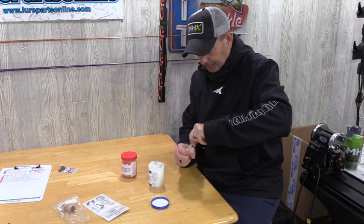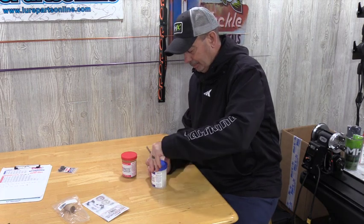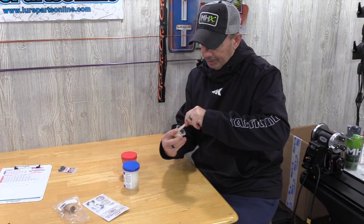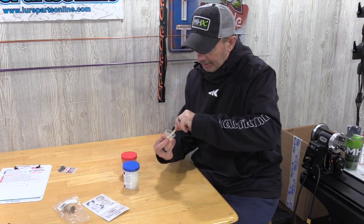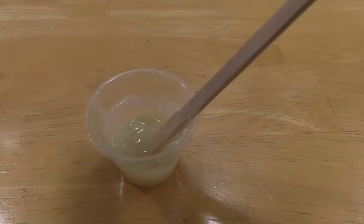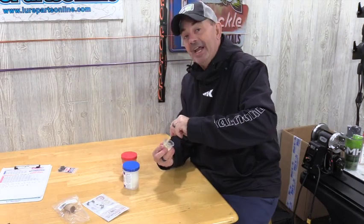And then I'm just going to mix them together here. Put that lid back on there. Okay. And just mix them again. I want to mix it as thoroughly as I possibly can. Just give it a little bit there. And I'm looking for kind of like an off-white color. And once I achieve that, then we're going to be ready to put it on the blank and install the